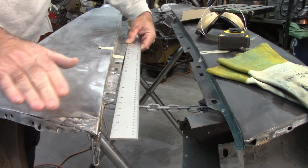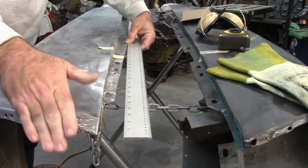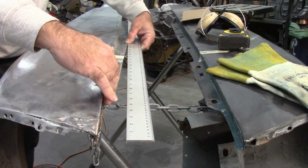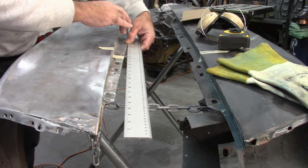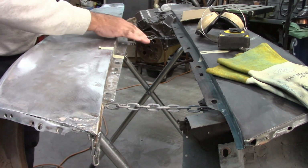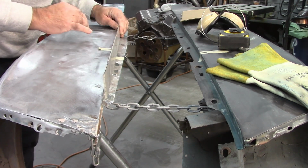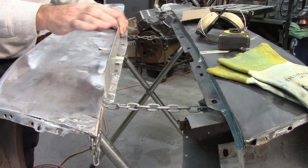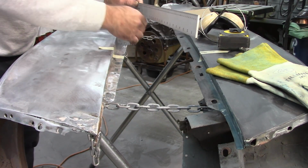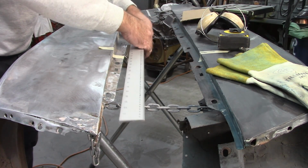For whatever reason, when this fender was hit, it did a couple different things. It rolled it down, it creased it or bent it right here, and then I don't know if it was because of the impact, this section right here is pushed out. The fender even has a bit of a deflection to it right there. Now hopefully I can massage this area back in and try to get it back to what would be square,